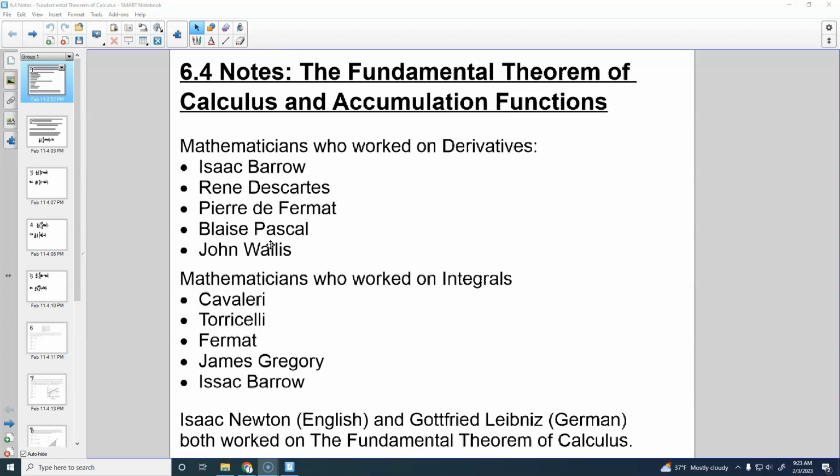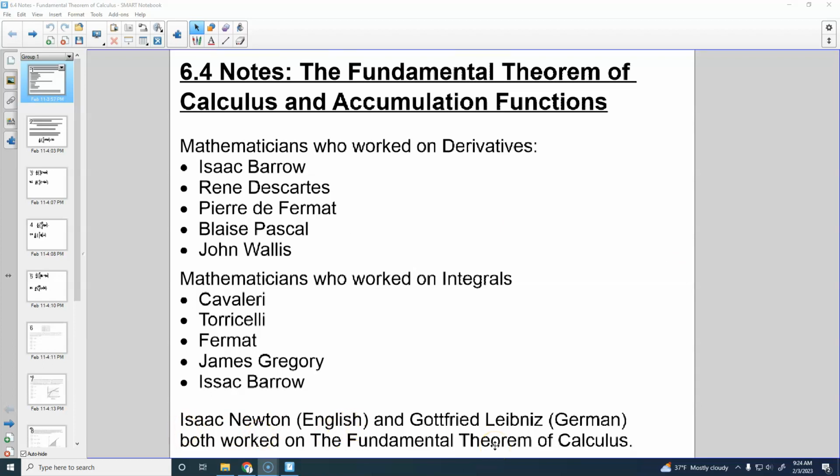There is a bitter feud over who actually discovered calculus. I read a whole book on it last year called The Calculus Wars. It was great. One of the trainings I went to for AP Calculus suggested it, and I would highly recommend it if you are a calculus nerd, because it's really interesting.